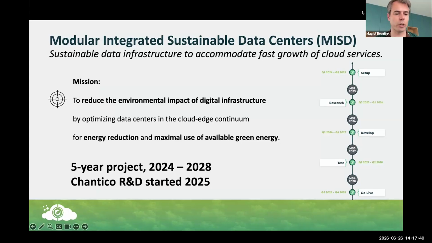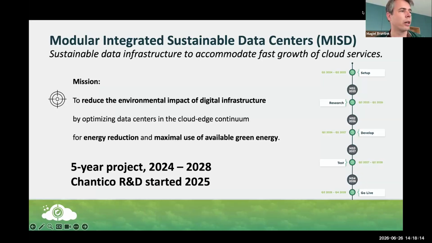Yeah, so we're a 5-year project within the scope of IPSAI-SYS, as several other projects, of course. Also, I think in NeoNephos, we are together with our consortium developing innovations for modular, integrated, sustainable data centers. In a nutshell, these data centers are small data centers. You could think about a sea container size, where there is efficient cooling, for example, oil-based immersion.